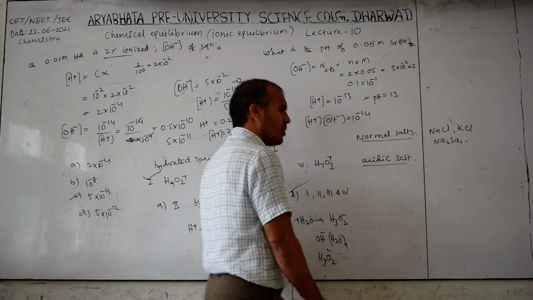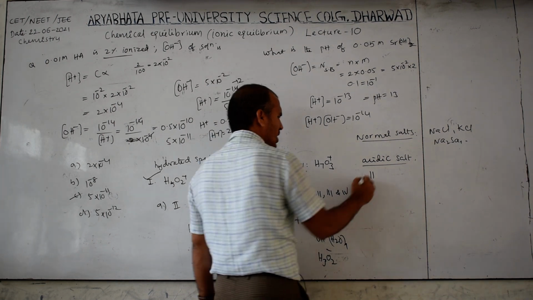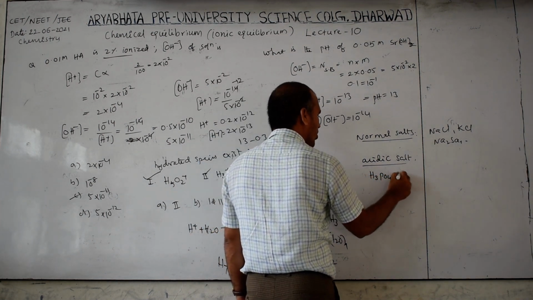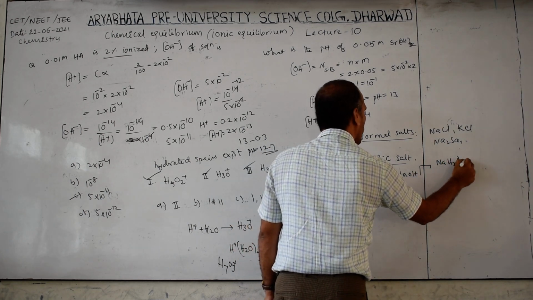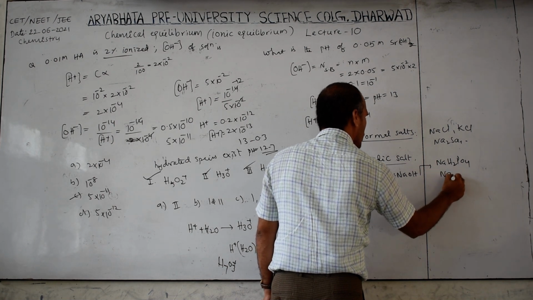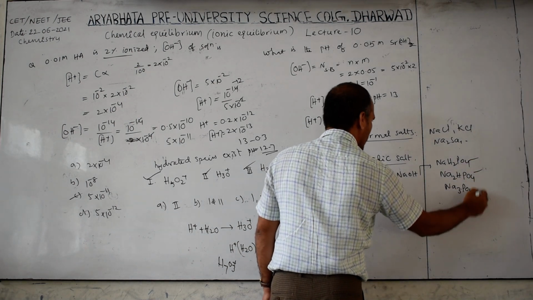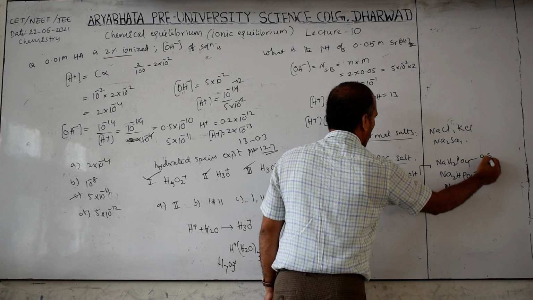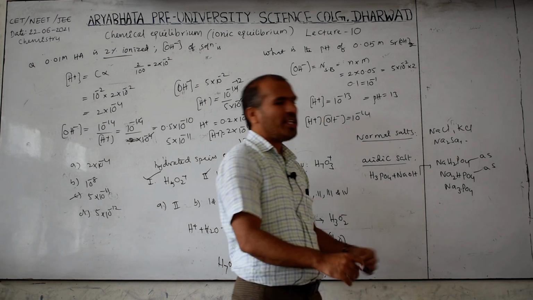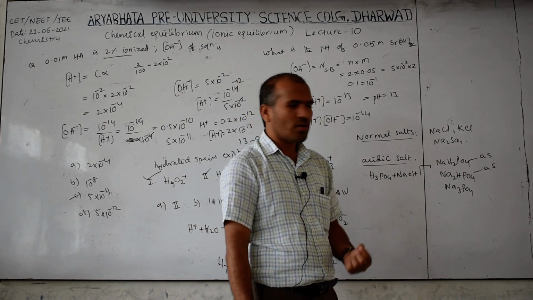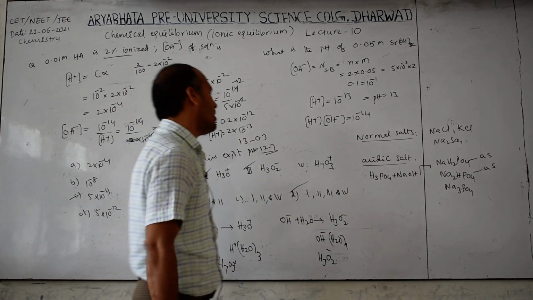Acidic salt means what? For example, in the previous Bronsted-Lowry theory I gave, H3PO4 is there. This is combined with NaOH. Then how many salts does it form? NaH2PO4, Na2HPO4 and Na3PO4. The first two are acidic salts. But this one is a normal salt again. So if H plus ion is produced in the second ionization, they are called acidic salts. Basic salts will also be there. They will produce the OH minus ion. You have to understand the concept.